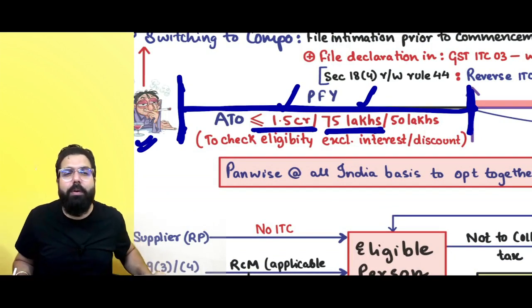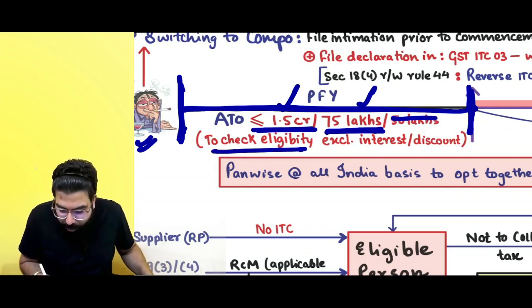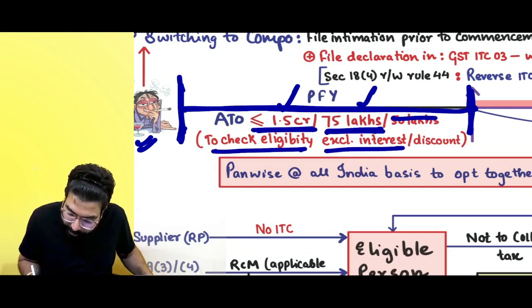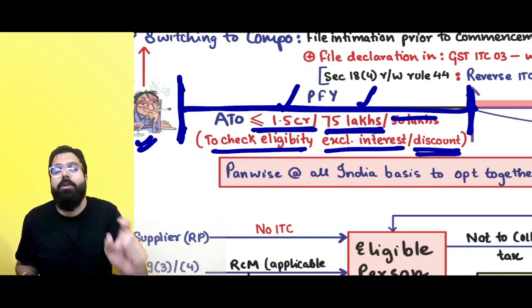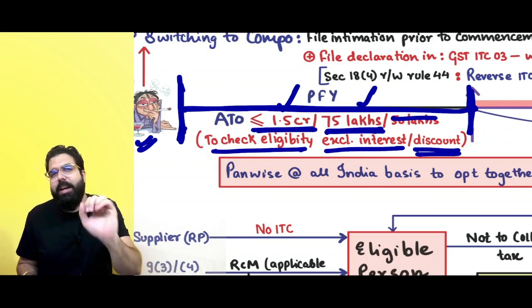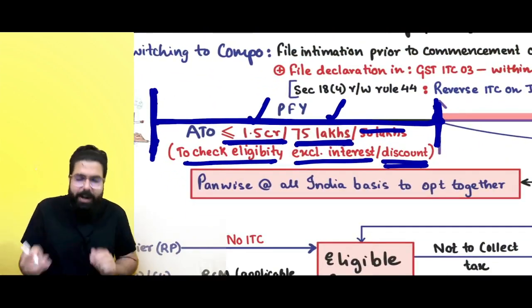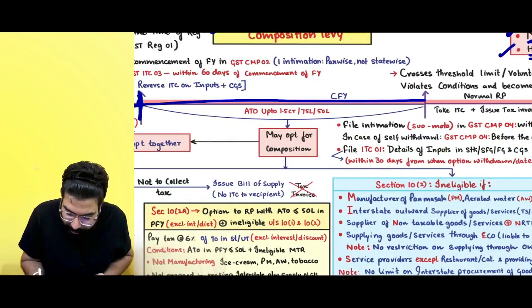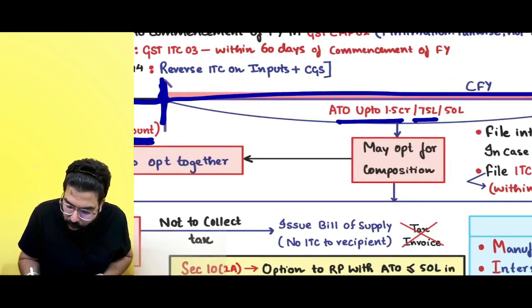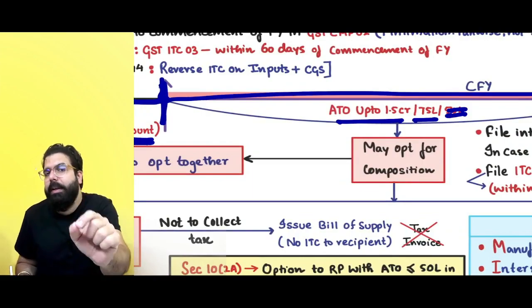when you are calculating this, then you have to check the turnover excluding interest or discount. Any interest income or discount which is there, please exclude. Discount, basically you ignore the discount part, think of it as interest. If interest is there, interest is to be excluded while calculating the turnover. Okay, sir. In the preceding financial year, if my turnover was up to 75 lakh or 1.5 crore, then in the current financial year, government says up to a turnover of 1.5 crore or 75 lakh, you don't cut anything in the chart.